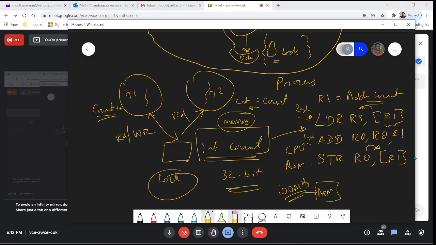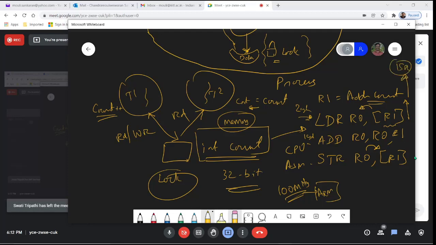Then at that clock rate, it is going to execute an instruction every clock cycle, but it can